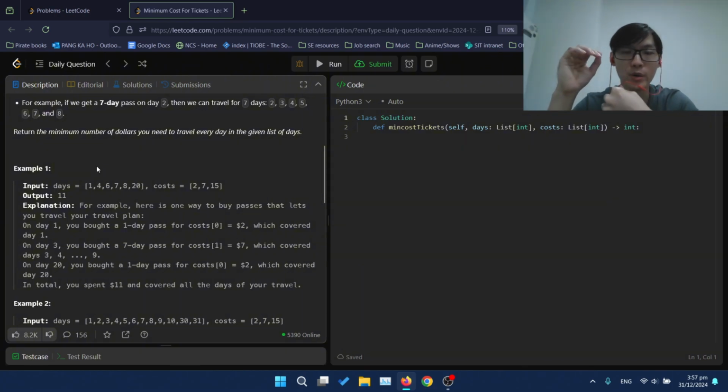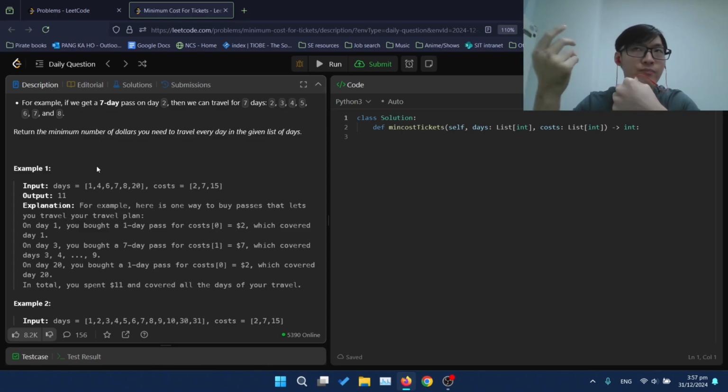And then all we need to do is find the next day where we will need to buy a ticket again. How can we do that? Through binary search, for example. Let's say at day one, when we buy a 1 day ticket, the next day we will need to buy another ticket is day four, using binary search.